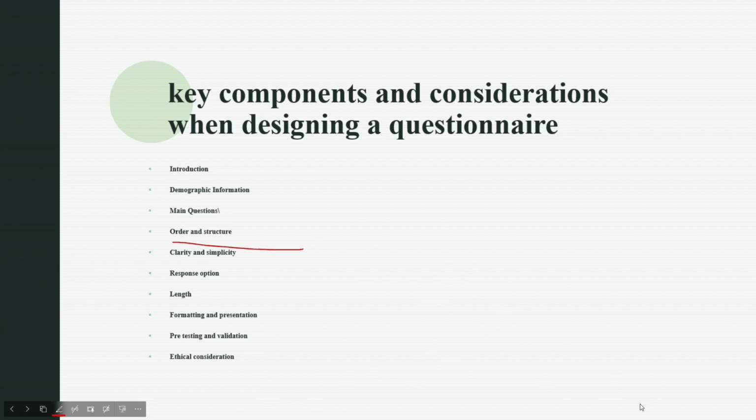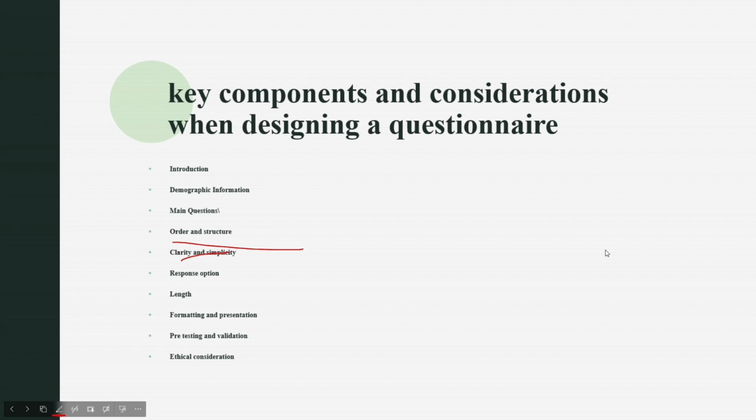Next, the clarity and simplicity of the questionnaire. Use clear and very simple language to ensure that the questions are easily understood by the respondent. Avoid technical terms that may confuse or mislead the respondents. Pilot test the questionnaire with a small sample of participants to identify any issue with the clarity or